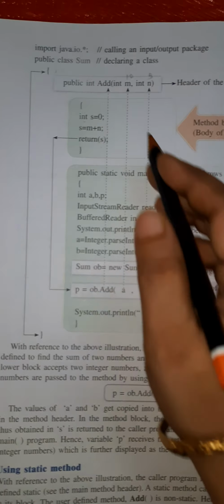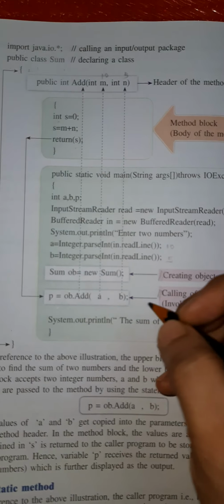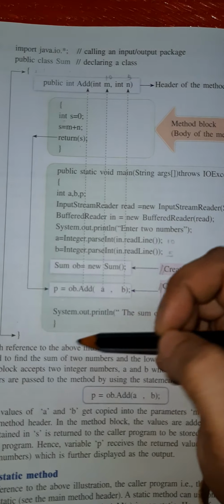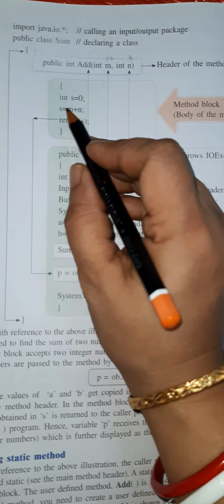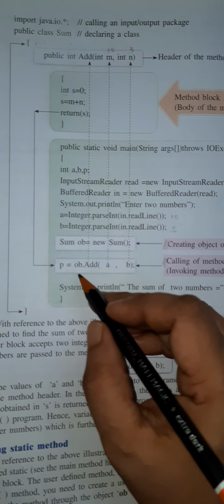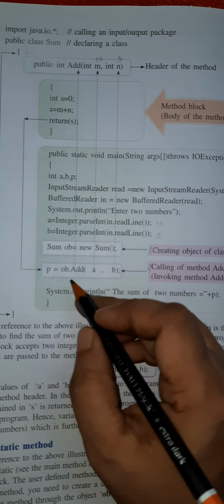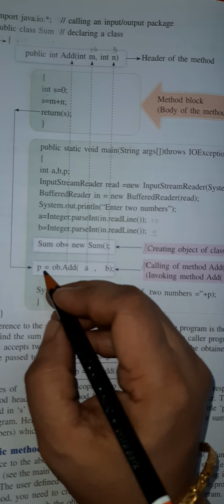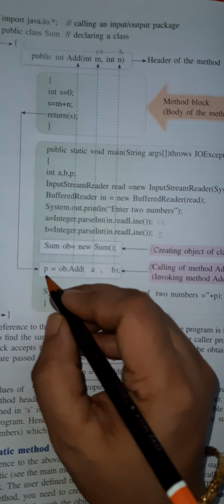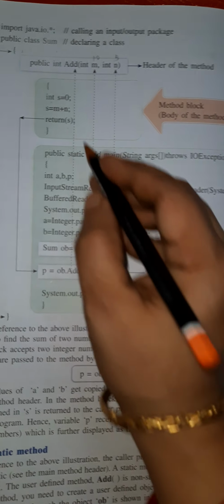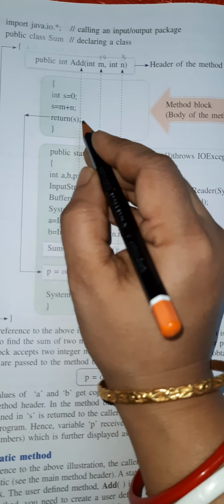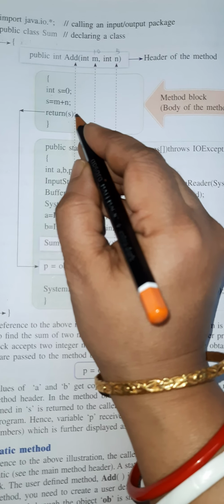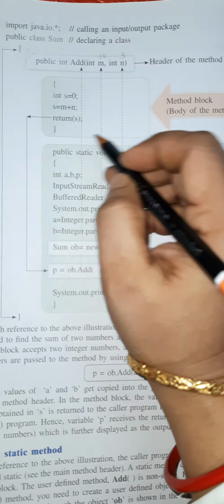So this is the way we have to write a pure function or a pure program. When return is there, when we are calling the program or invoking the method, that invoked method should be assigned to a variable, then we can give the output. Here we cannot give the output directly because the last statement is the return statement. We also call this a pure function.